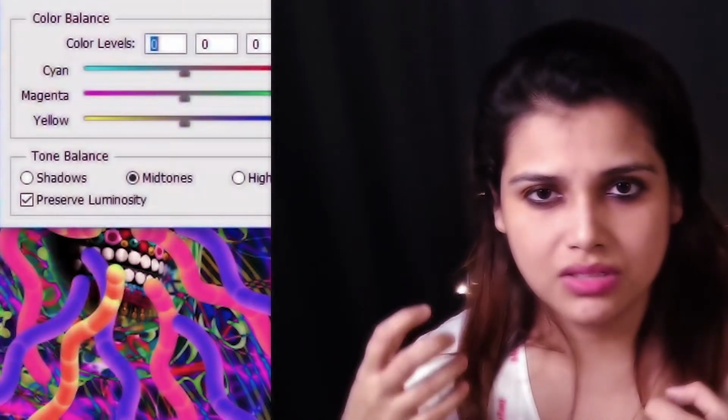Usually we use very vibrant colors for this kind of psychedelic art, like magenta, cyan, yellow, green, all the vibrant colors, and we mix them together and give it such a look that when you look at that art, you feel that mental stimulation. It can give you a kind of hallucination or a dizzy feeling, like what is happening in my brain. So that's what psychedelic art is.